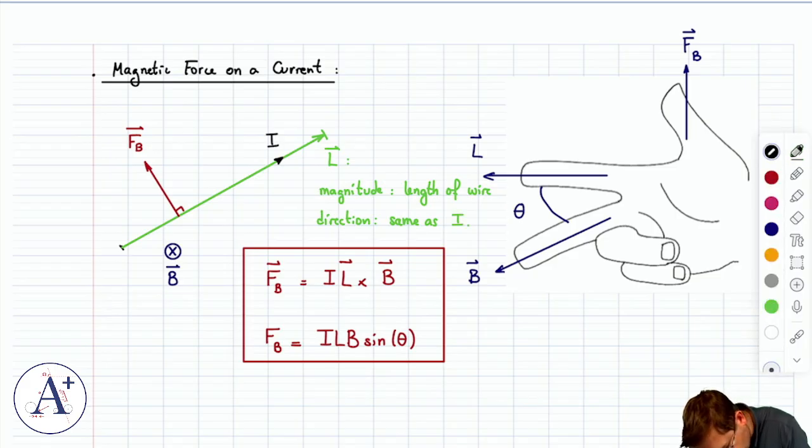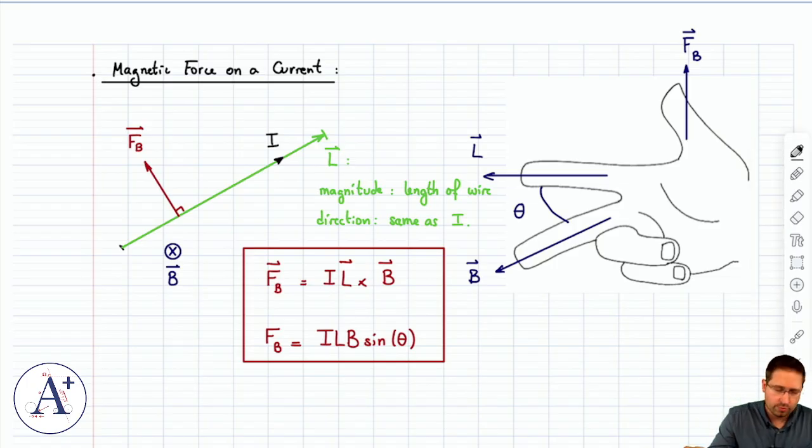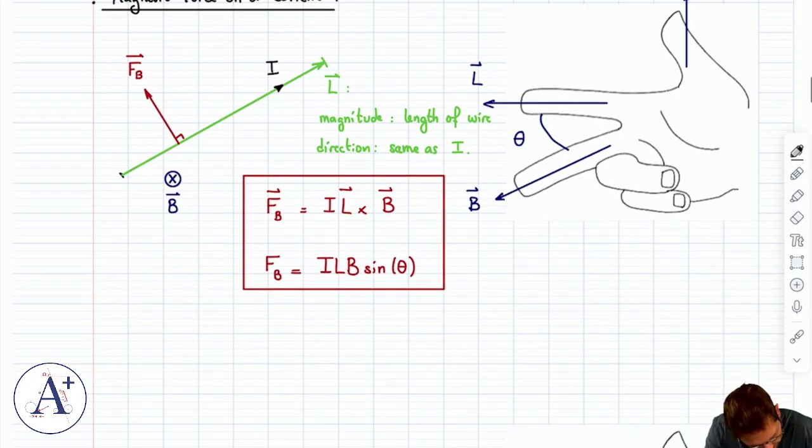Okay, but of course what it's doing, other than giving you the proper direction to apply the right-hand rule, is accounting for the length of the wire, and the longer the wire, the greater the force. Okay. Now there is something worth noting, which is that